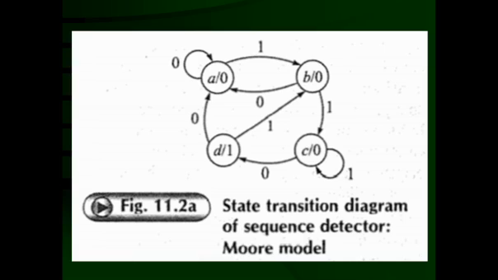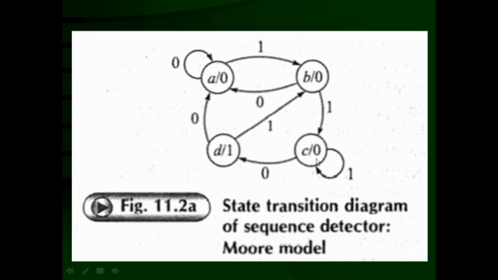The input data x can be 0 or x can be 1. If x is going to be 1, then it will go from state B to the state C, where two bits are going to be detected, 1 1, both the bits are going to be detected. So it has jumped from the state B to the state C. But if it is already in state B and it has received, instead of 1, a 0, then none of the bit sequence is detected properly, and it will go back to the initial state, where it has to start fresh detection for the bits 1 1 0. That sequence has to start again.